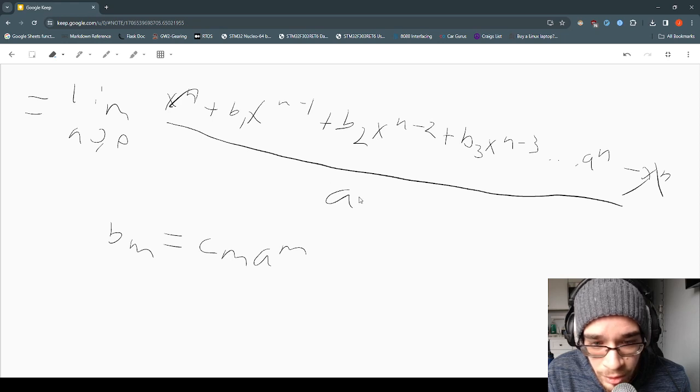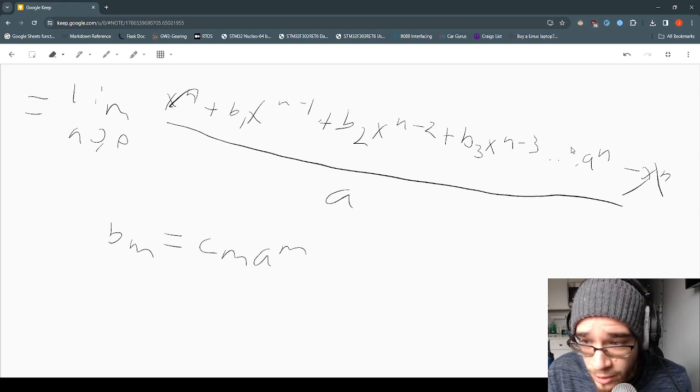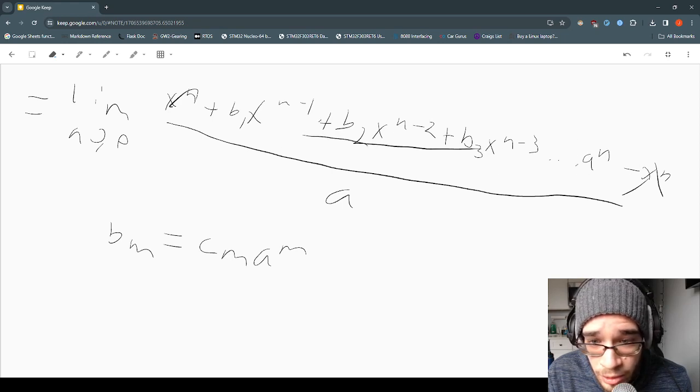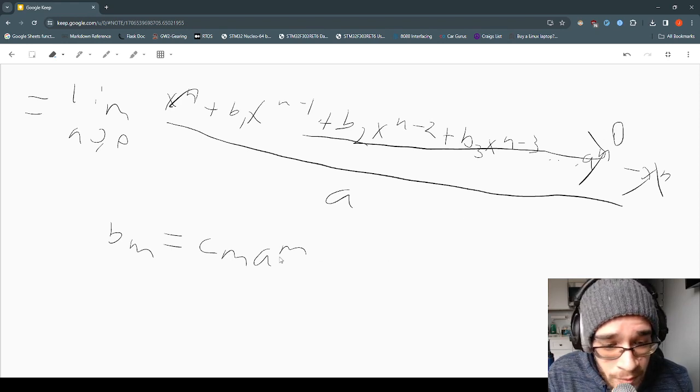So that means, if you remember any basic algebra, the a absorbs it. Each and every single a absorbs it, but they exist up in the numerator. So that means all of these, everything here, including a to the n over here, they all go to 0 once you take the limit. So that means you are left with